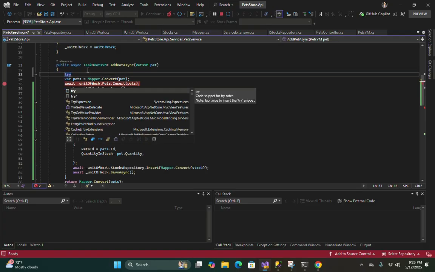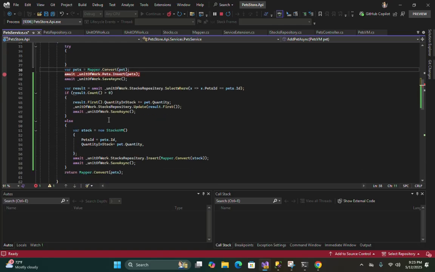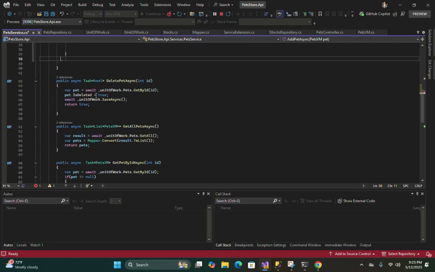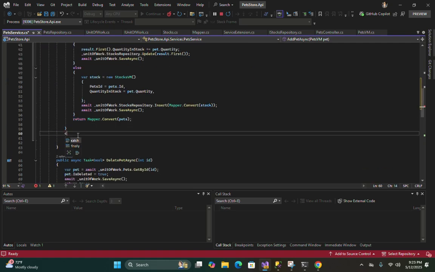So let's try the transactional scope in our try block, right? We'll hold the thing here in our try block, and in our catch block let's catch the exception, right?